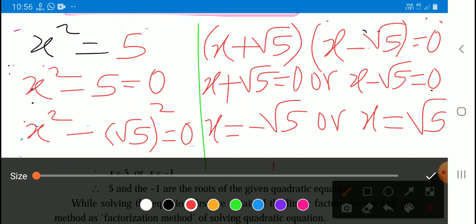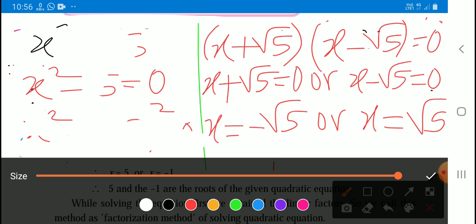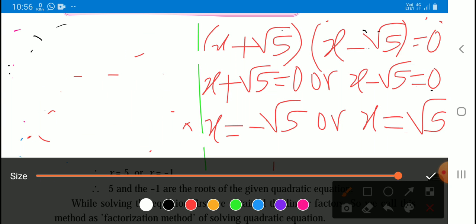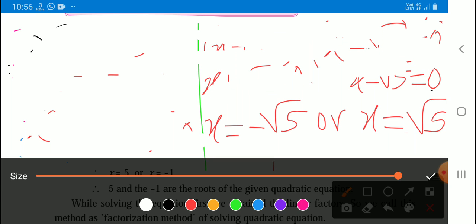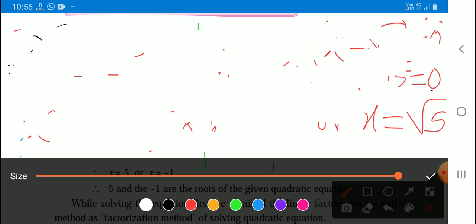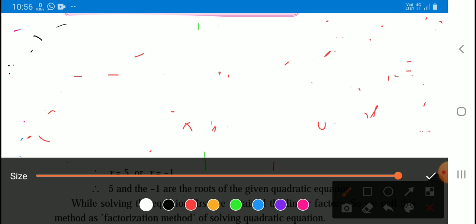Now one more example I will take. Before that, the example we solved earlier, you can also solve by using this method. By using the method we used in the example x square is equal to 5, solve and see, both the answers will come equal only.